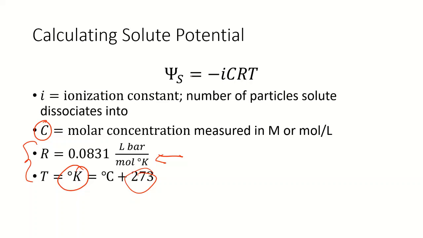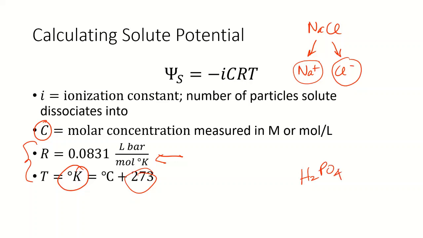And i is your ionization constant. So if you think about it, NaCl, sodium chloride, dissociates or breaks up into a sodium ion and a chloride ion when it goes into solution. It's got an ionization constant of 2 because it forms 2 distinct entities, each of which is going to tie up some water molecules. On the other hand, if you had H2PO4, and don't quote me on whether or not that's an actual proper chemical formula, but it's going to dissociate into 3 different ions, a couple of H's,